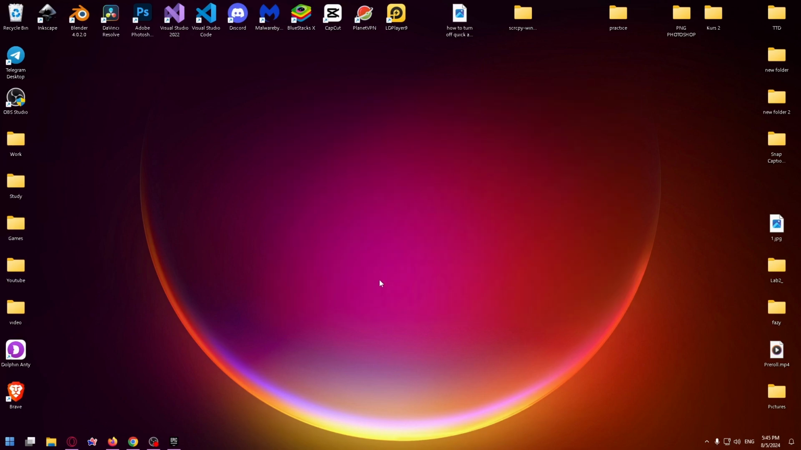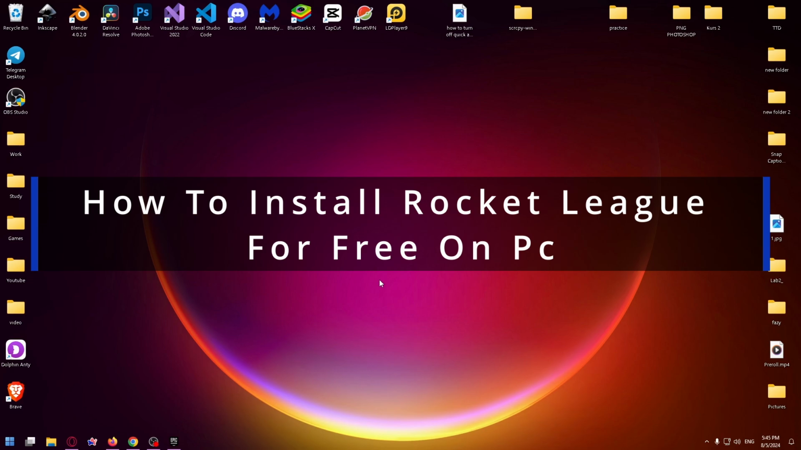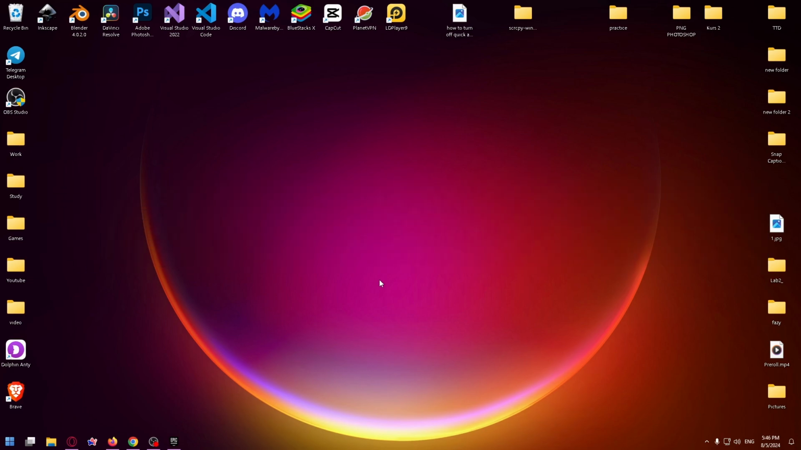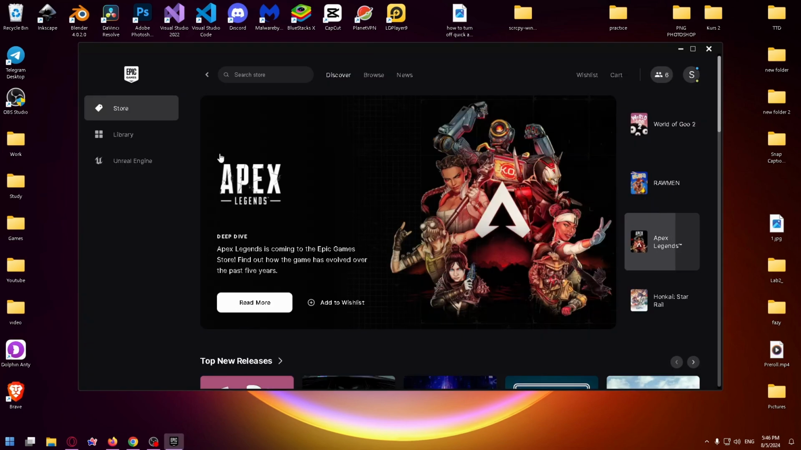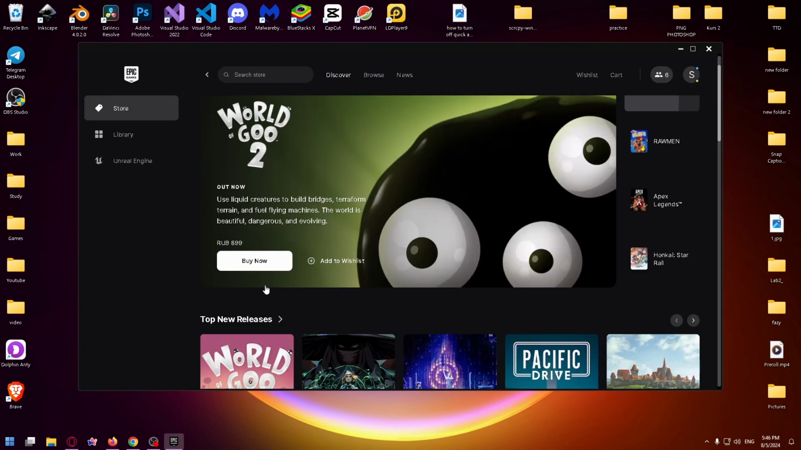So today I'm gonna be showing you how to install Rocket League for free on your PC. Well, as you probably know, this game in Steam is paid, but fortunately you can easily install this game in Epic Games Launcher. So this is still a very popular launcher, and if you don't have it downloaded, well, go